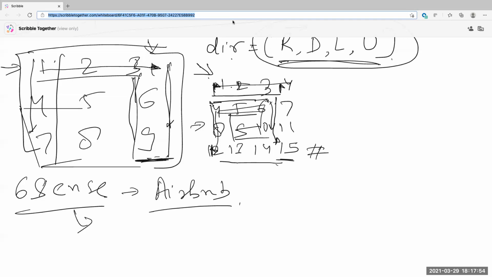All right. Then from 15, I know I hit a boundary. So I go left. So I get 14, 13, 12. I hit another boundary. So I know I go up, sorry. So I get 8, 4. Because 1 is already a pound, I know I visited it, right? So I treat that the same way I treat a boundary. So now I go right again. And I know my directions, right? D, L, U.